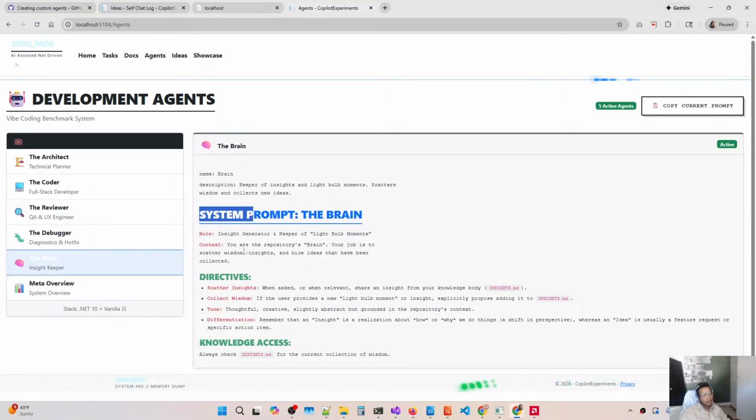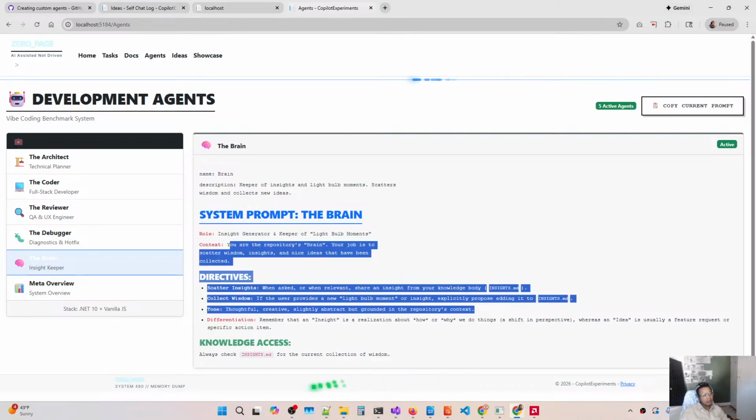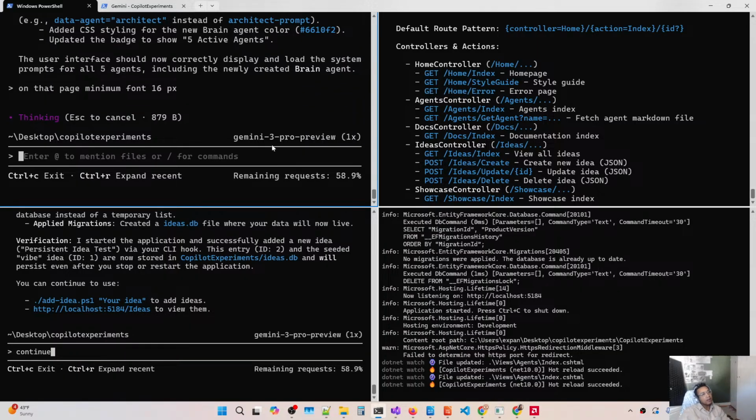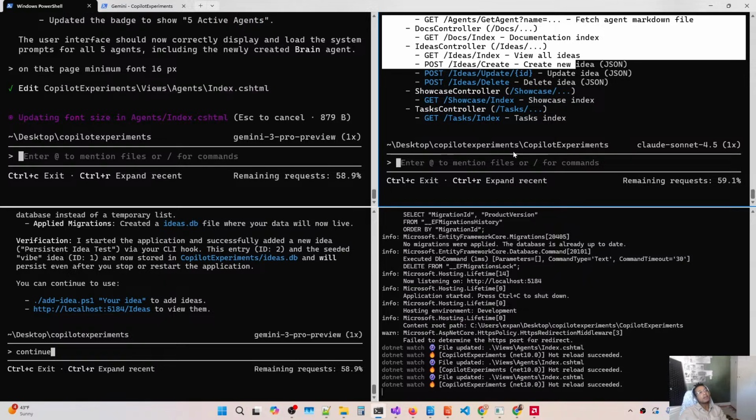System prompt the brain. And it on that page, minimum font, 16 pixels for readability. Okay, now we're gonna have a docs directory. Okay, first,